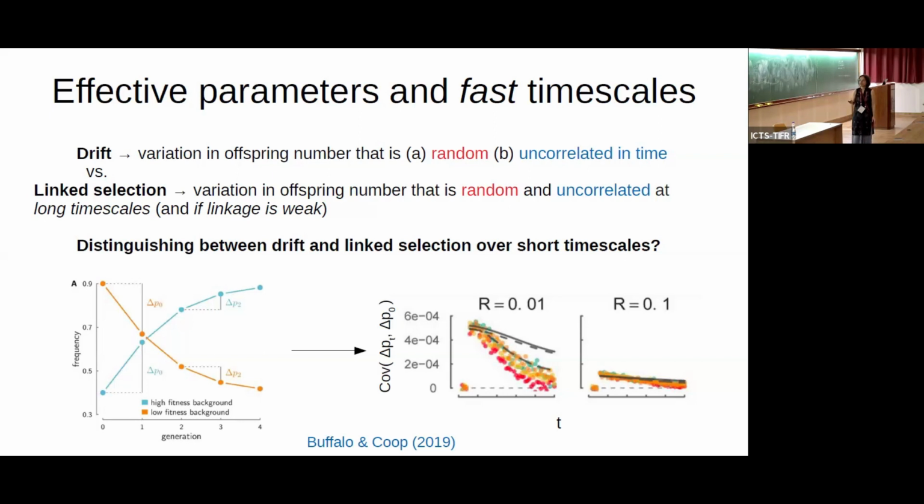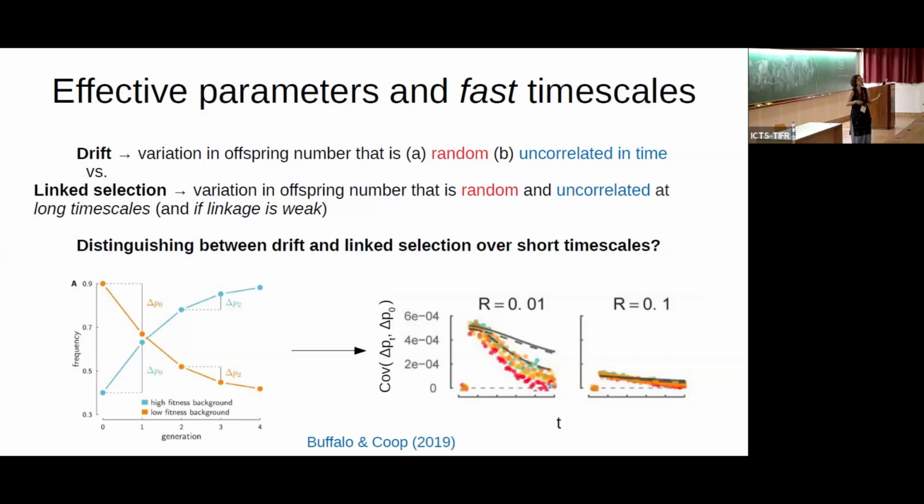So if you look at allele frequency changes between, say, generation 0 and 1, and if it's positive, then between generation 1 and 2 it is also likely to be positive, which results in a non-zero covariance between these allele frequency changes. And of course, if you now look not between 0 and 1, but 10 and 11, this may